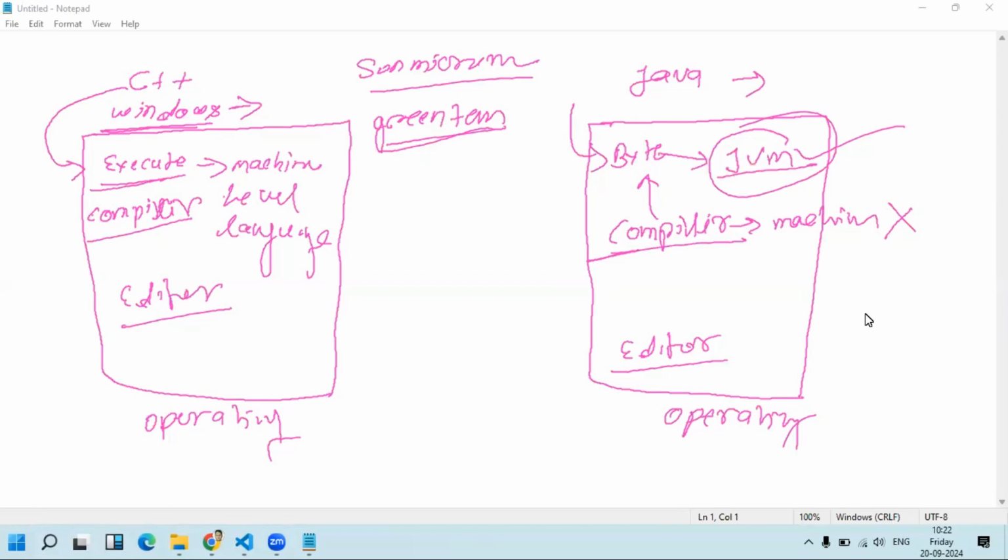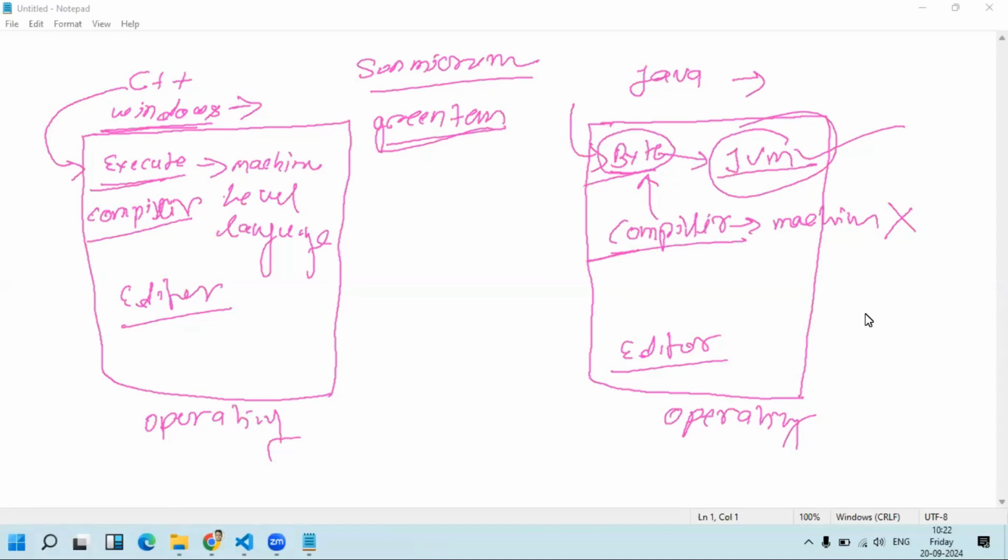Whatever bytecode you generate will be platform independent, meaning if you compile your code into bytecode on your Windows machine, then the same bytecode can be used on a Linux machine. It makes the language platform independent, right?